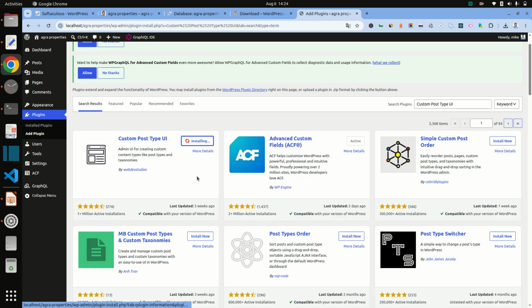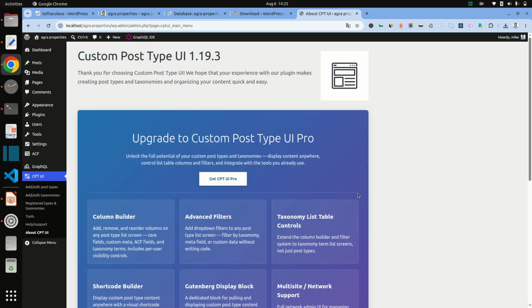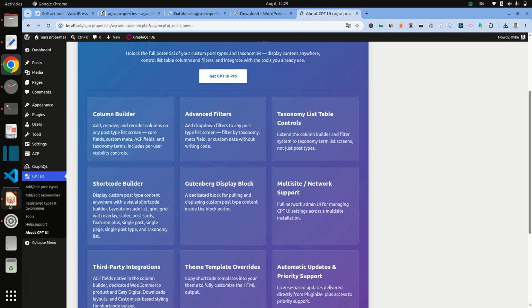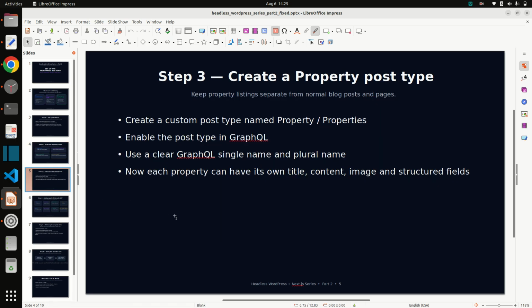Okay, now click on install now. Now our backend is done, and the plugins are done.